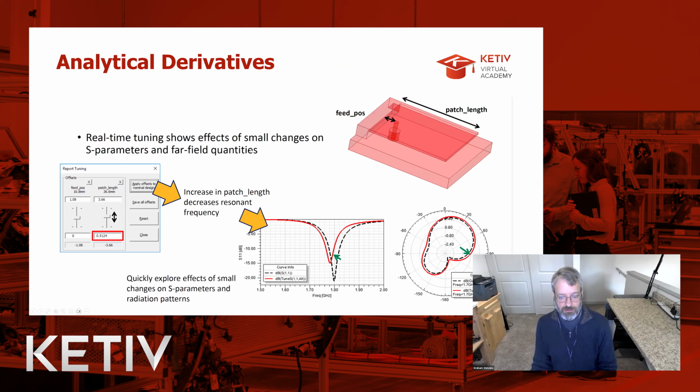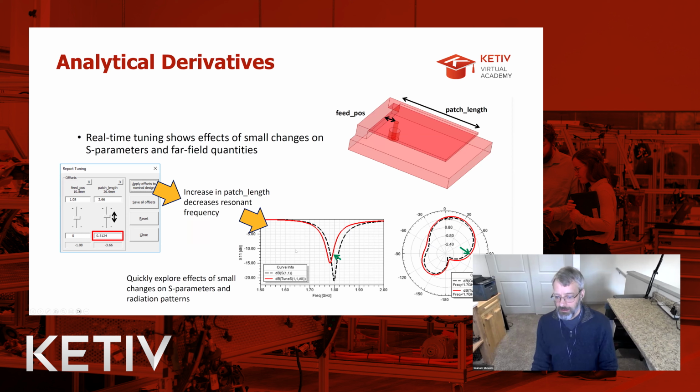One thing we can do is called analytical derivatives. Within the solver settings, you have the different variables that you've set up, and you call out that you want to take a derivative of each of these variables. Based on the derivatives, you can use report tuning, where I basically have a slider bar where I can change my feed position or my patch length, and it will then recalculate pretty quickly and allow you to see the impact of changing that variable relatively live,